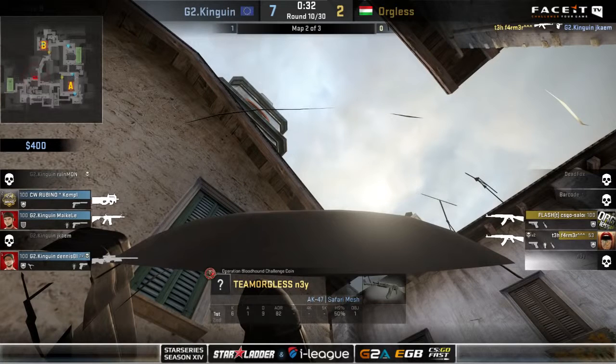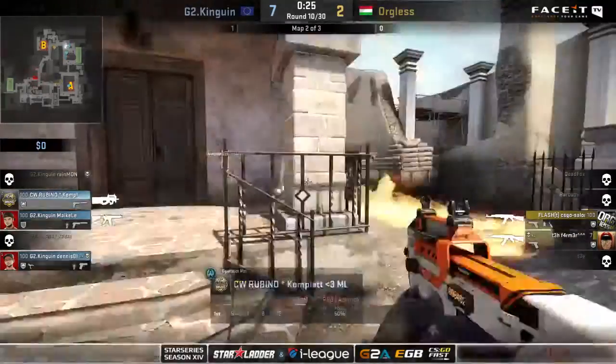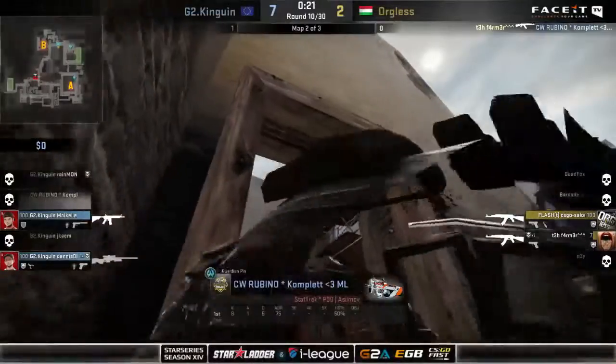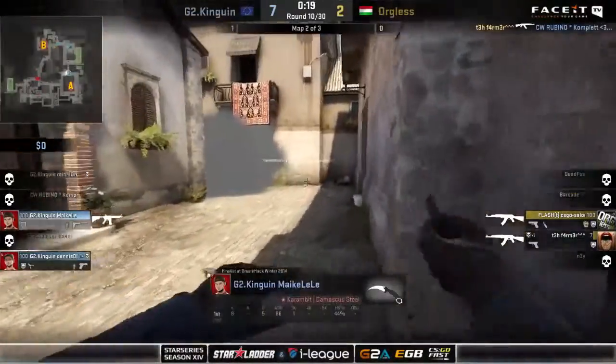Does find one onto Jacob, and Rubino here coming in from the flank, but the bomb is down bottom mid with only 30 seconds left on the clock. This isn't really doable for ORGLESS. They're completely separating on other sides of the map, and now down to 7 HP on Farmer. He has put himself in a really good position. He is going to find Rubino there getting that shot, and Dennis is just coming in with the retake with